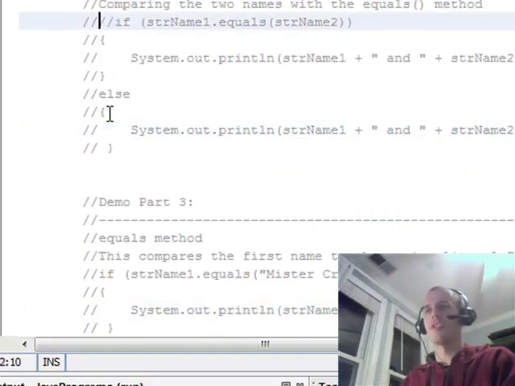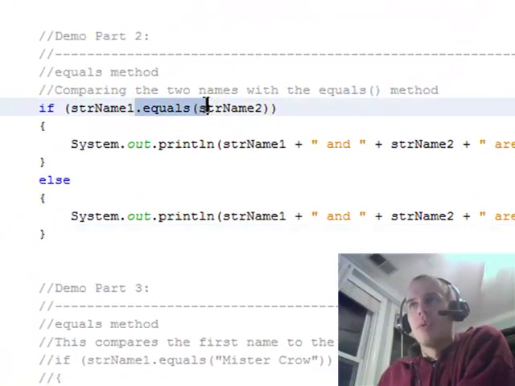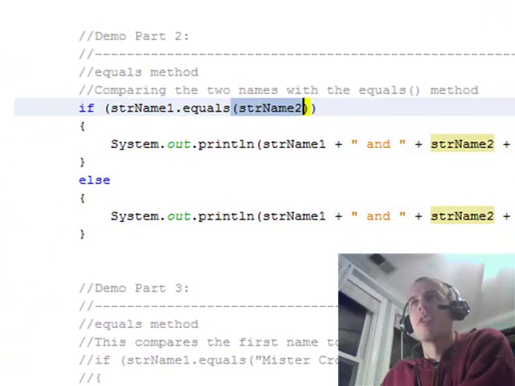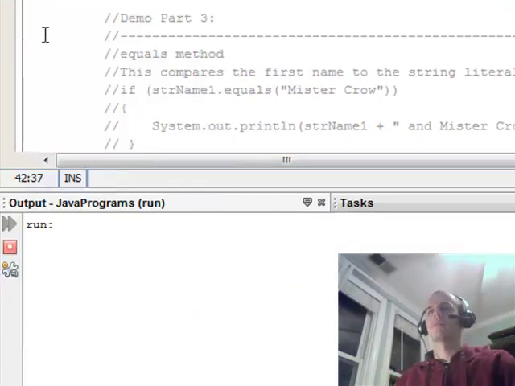Let's do demo part 2. So now I can use this equals method. So if strname1.equals strname2, then print the following. Let's say strname1 and strname2 are the same. Else, we'll say that they aren't the same. So now if I run this, if I go run file,